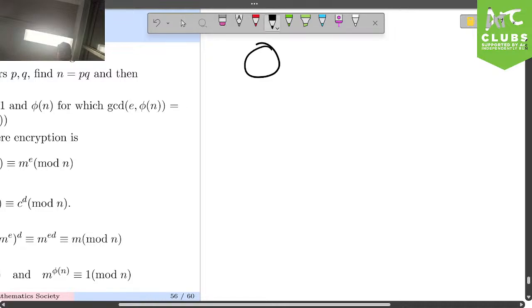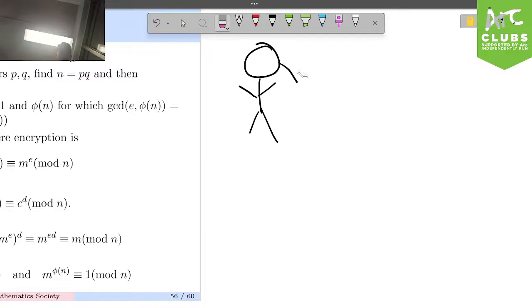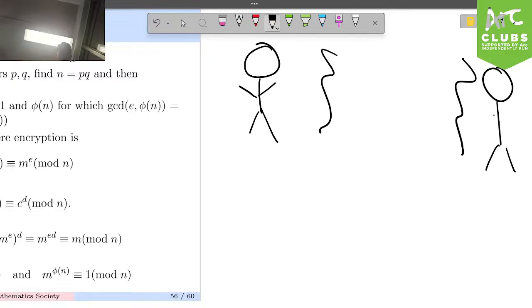So how does RSA work? Let's say I'm over here, and I'm sharing over the internet, and you're over here, and you want to send me a message. But in the middle, there's a villain. You can tell he's a villain because he's got a top hat and evil eyes. He's going to intercept our message. So how am I going to encrypt my message such that the villain can't intercept it? The way I'm going to do it is by following this process.